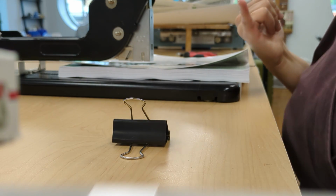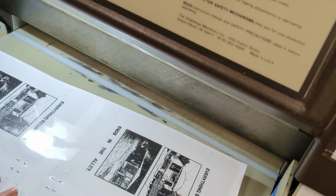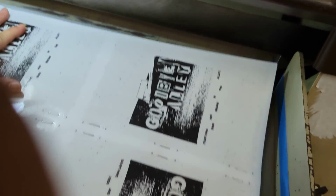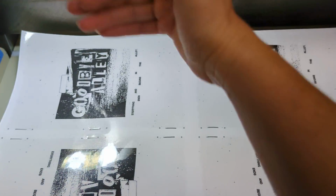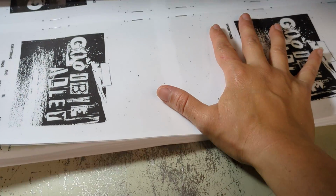All right, now we're ready to cut. So we'll be using our industrial paper cutter. Please get training on this before you use it for the first time. Okay, so we only have to do 2 cuts on this. One in the middle, one between. We'll start with the one between. And